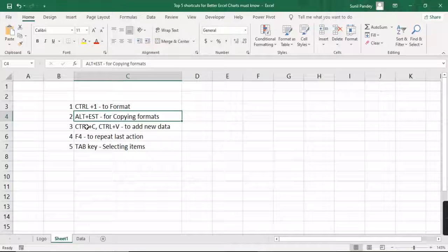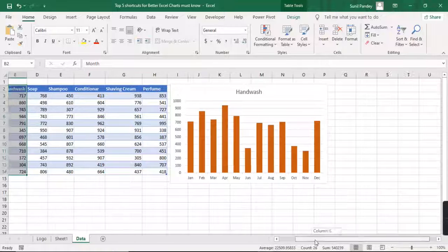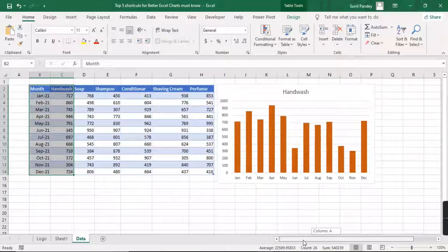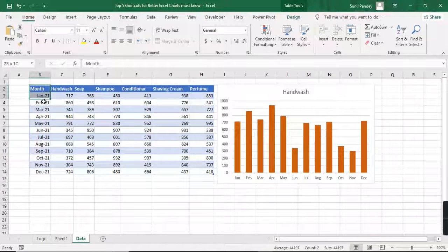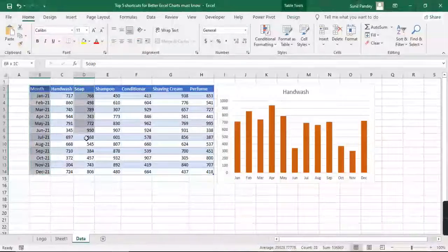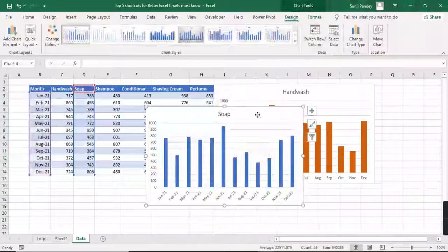Now the second one is Alt plus E S T. Okay, let's see. Suppose I want to insert one more chart like this.